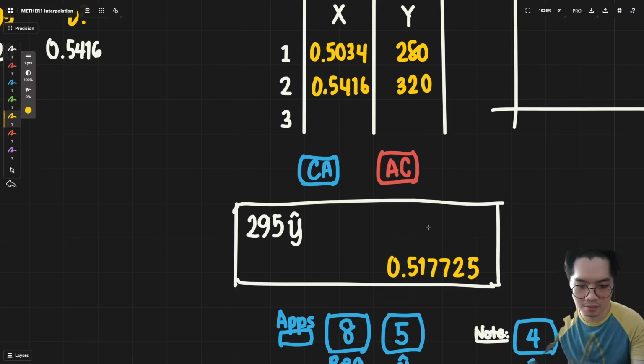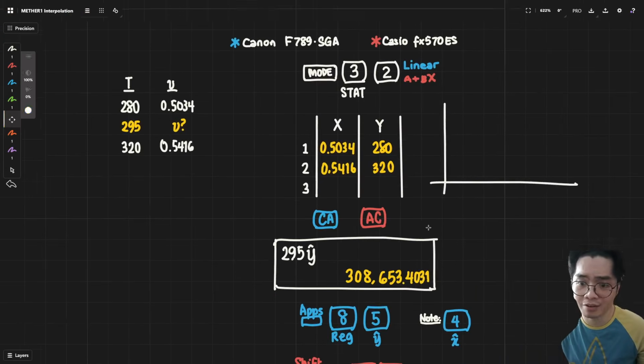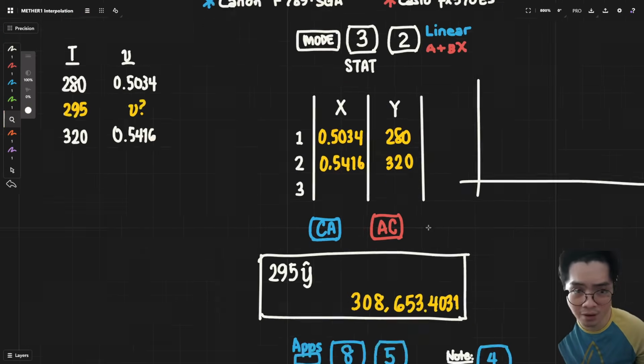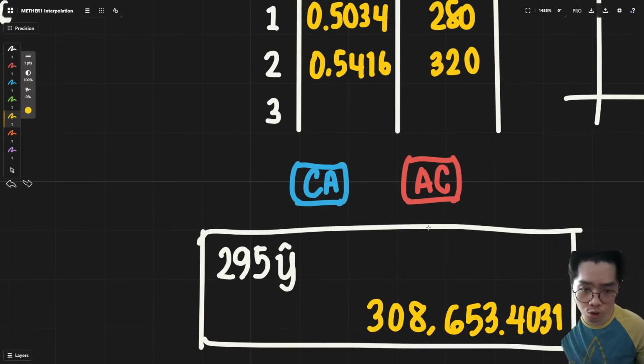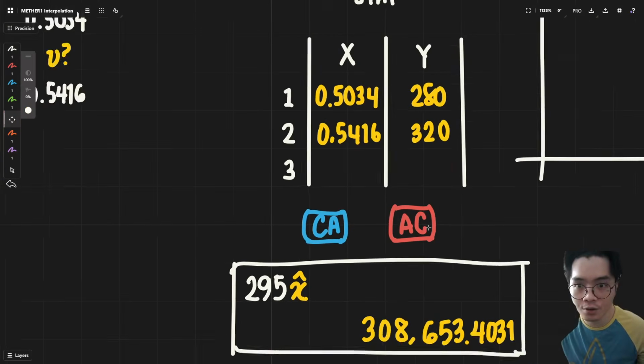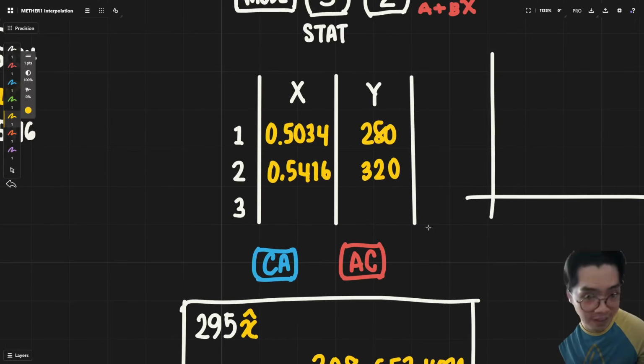You might get something like this: 308,653,4031, which is very, very wrong, right? That's a very big number that does not look like V at all. That is because you should instead use X hat, because now you're asking the calculator what value of X